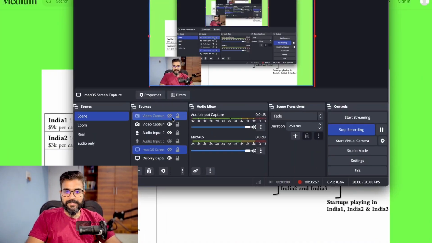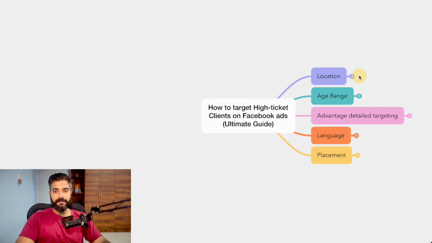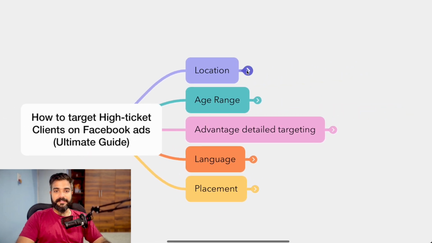And this is what is so cool that if we just simply change our targeting to cities, we would get good results. And I was really skeptical of this particular data when I started. But when I started doing more research and applied this concept with a lot of my clients, I realized that the majority of my clients' customers came from all these tier 1 and tier 2 cities, right? And let me show you what these tier 1 and tier 2 cities are and how exactly to target them, right? These are the most important locations for you to target in Facebook ads.